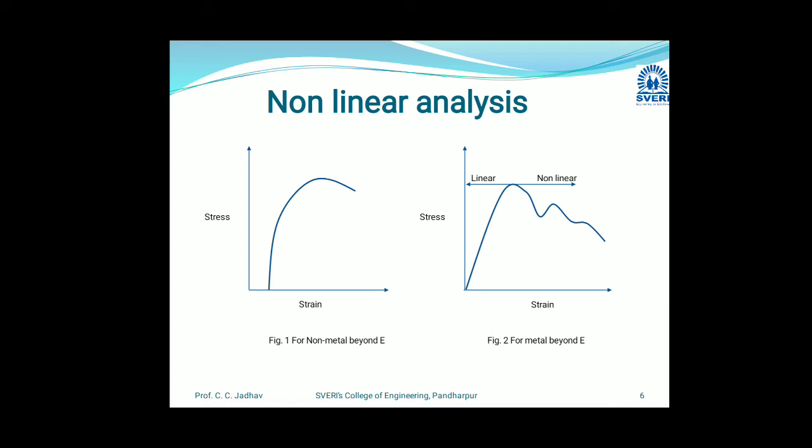And in that non-metallic, they are also in automobile and aerospace industry, analysis of the rubber fiber components, and for that purpose they are commonly using software like Abaqus, Nastran, ANSYS, LS-DYNA. That type of software they are using to find out the stress strain value. This is basically used for the automobile industry and aerospace industry for finding out the stress value. Okay, so this is the second type of analysis, that is a non-linear analysis.